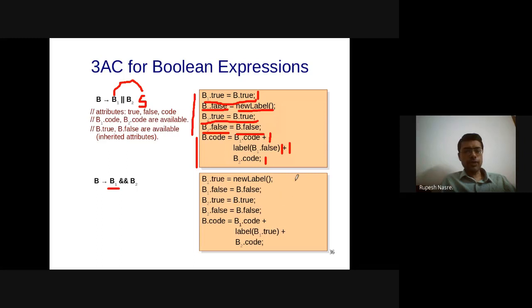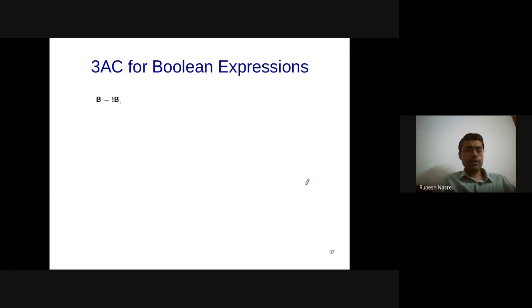Okay, so that is what we have written here. Right. So yeah, I think we have explained this here, so we'll not go into this. Let's write about the negation of B1. This should be relatively simpler, but might be a little tricky for some of you. Please write this down.